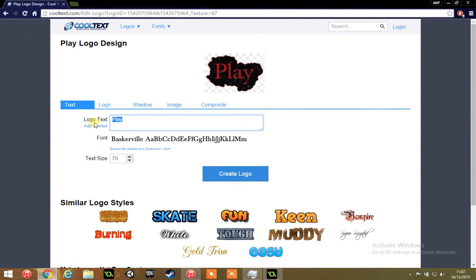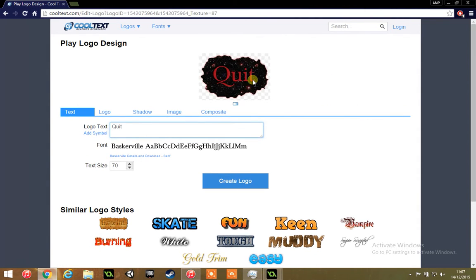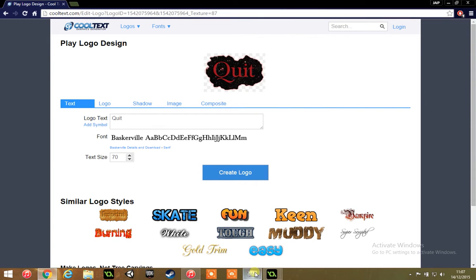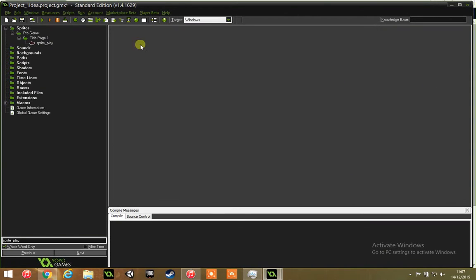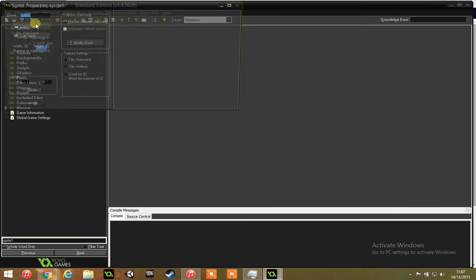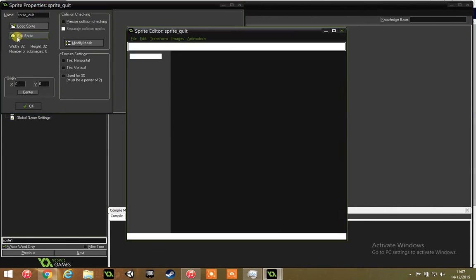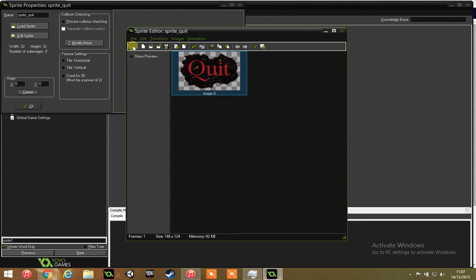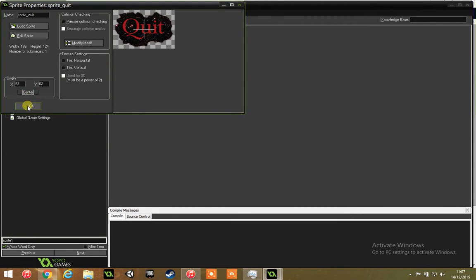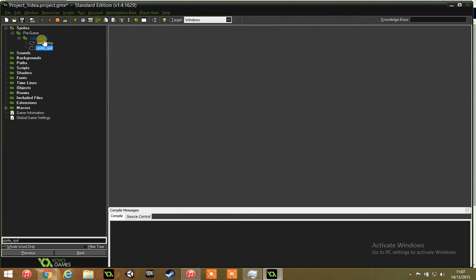We will want quit. There we are. So we'll call this sprite underscore quit, and then we'll paste that in there. And again, we'll center it. That'll do. We need a background image. Well, we don't really, but